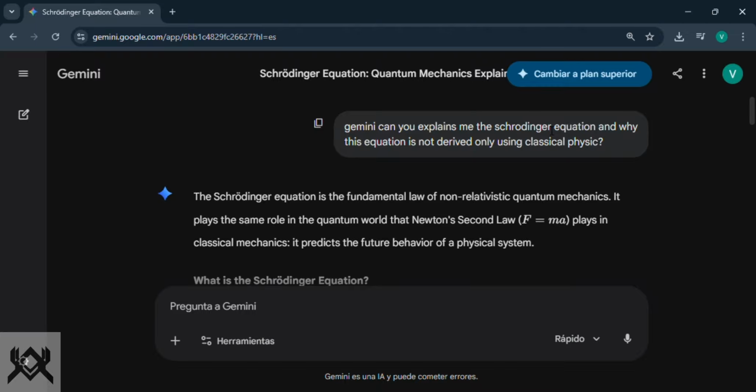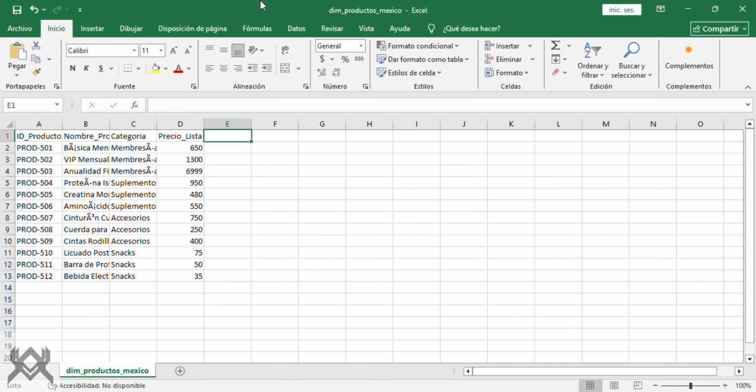Okay, now I am going to show this CSV file, only one, not three, but the other CSV files are the same. Now we are here in one CSV file. Remember, Gemini generated three CSV files.